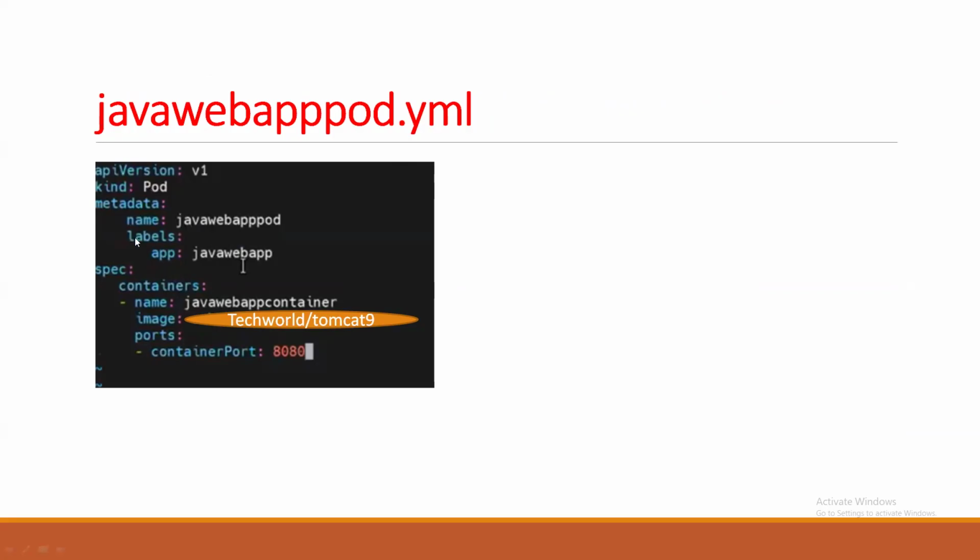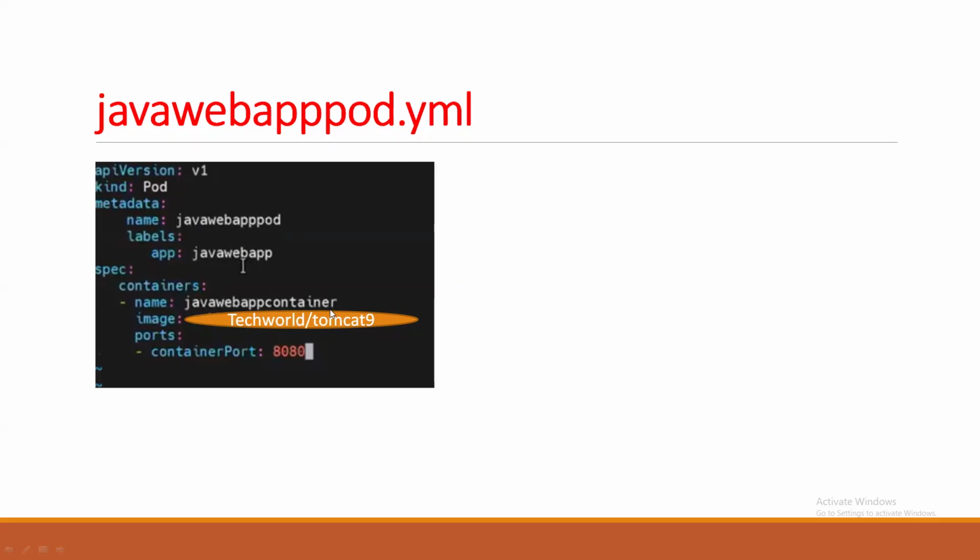Metadata: so what is metadata? Metadata name equal to java-web-app-pod, and label app equal to java-web-app. Spec, guys, kind and spec. These are the most important. Spec is nothing but a specification. You are trying to create a pod, and within the pod we need to create the containers. So spec, containers, name equal to